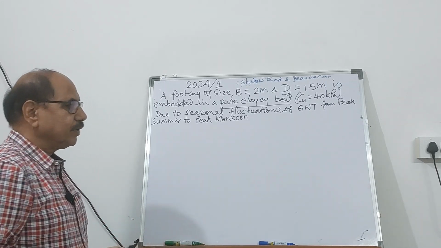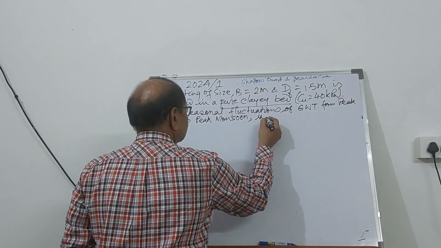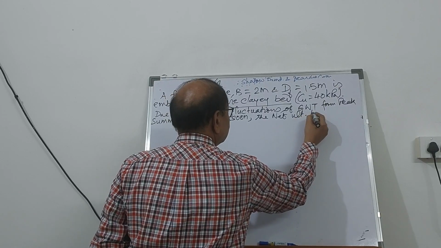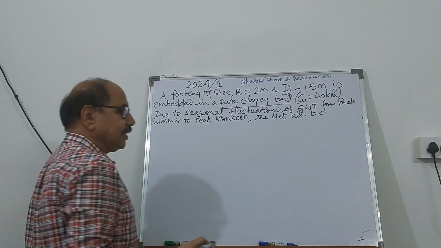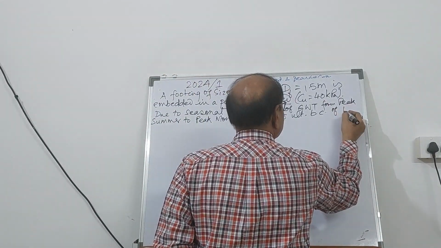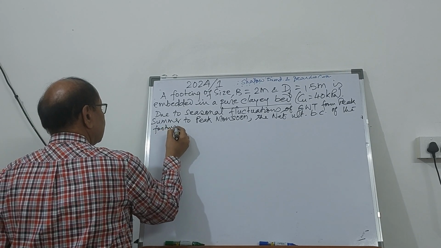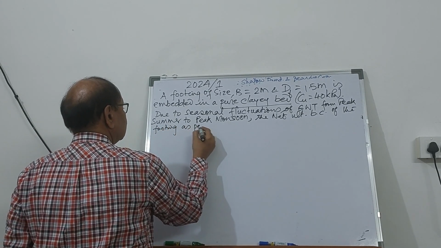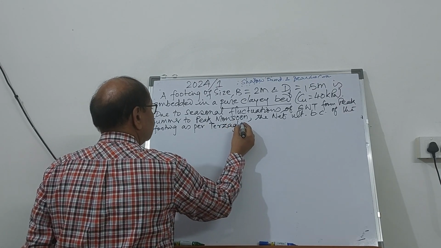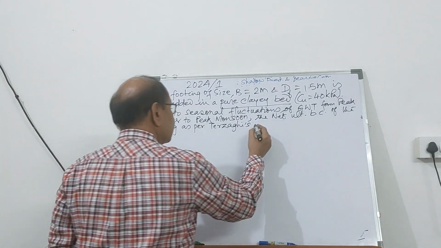And during peak monsoon period, the net ultimate bearing capacity of the footing as per Terzaghi's bearing capacity formula or Terzaghi's theory